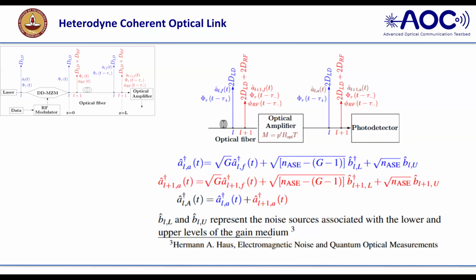And now most of the problem can be solved by the Glauber density, the phase density function. So we assume what my field operator is coming to the optical amplifier, and what is falling at the photodetector, by this equation. The first part is the laser part, the coherent part, and this is the noise coming from the optical filter, the optical amplifier. And this field operator considers both the coherent as well as the amplifier part.